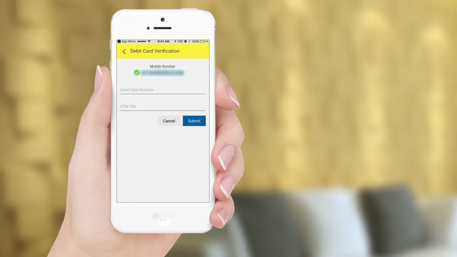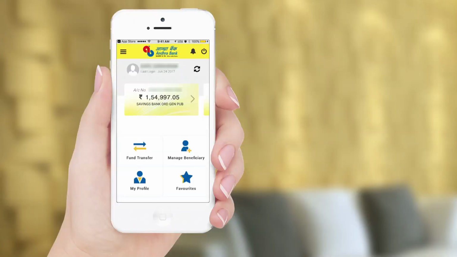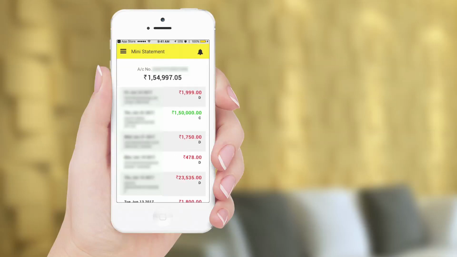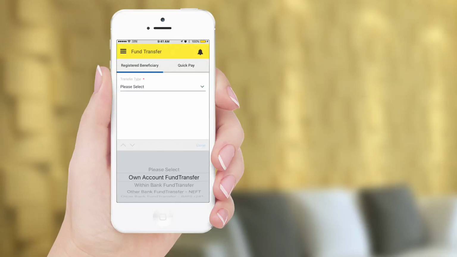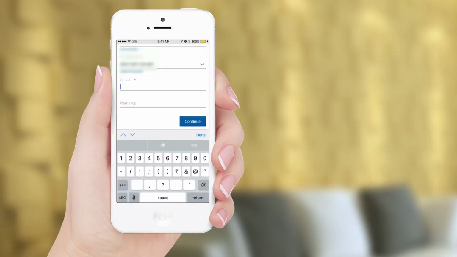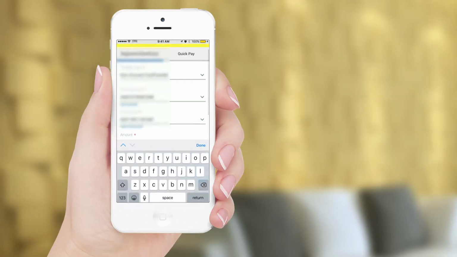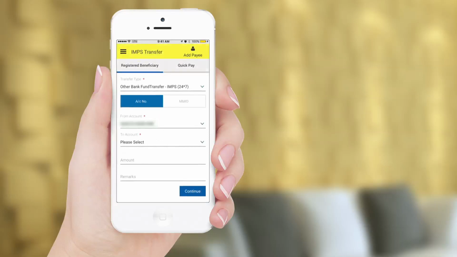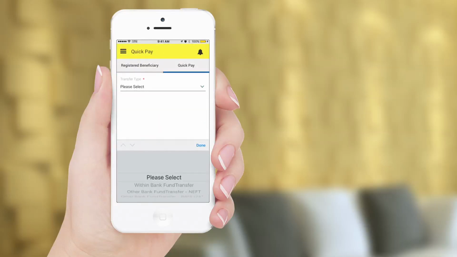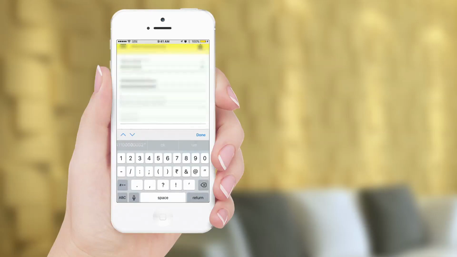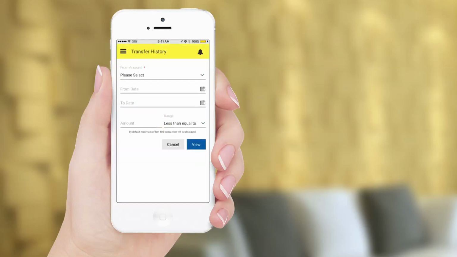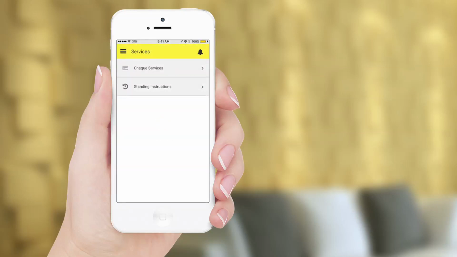Services available in TEJ app include self-sign-up using debit card and PIN, account balance, mini statement for last 10 transactions, account details, user profile details, fund transfer, NEFT and IMPS, no restriction on number of transactions, quick fund transfer without adding beneficiary, beneficiary registration with added security, transfer history to analyze and track spendings, check services like stop and